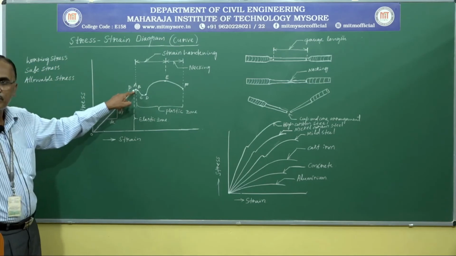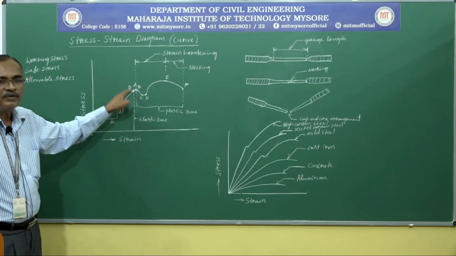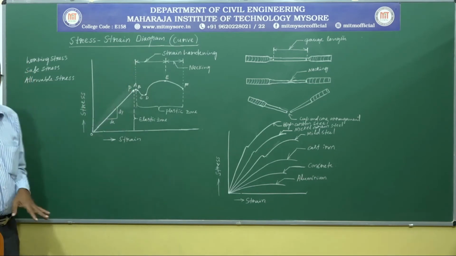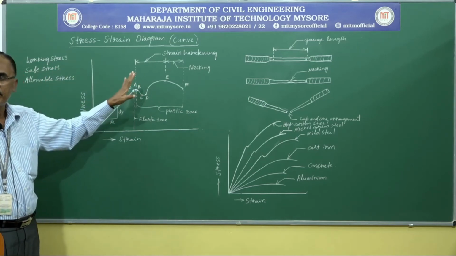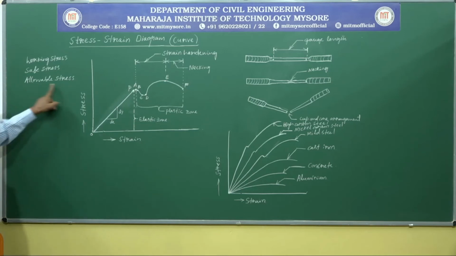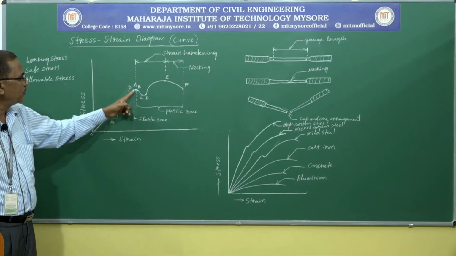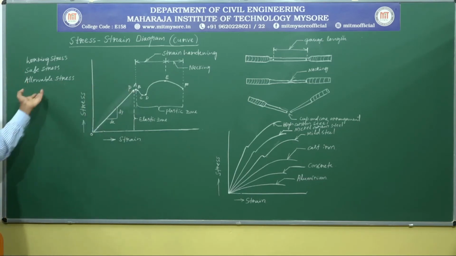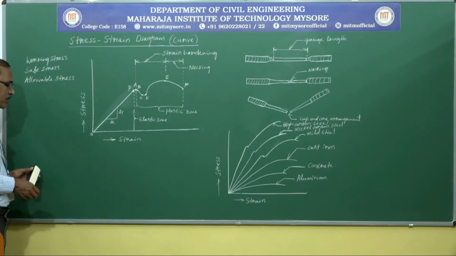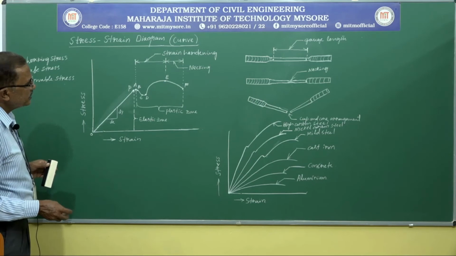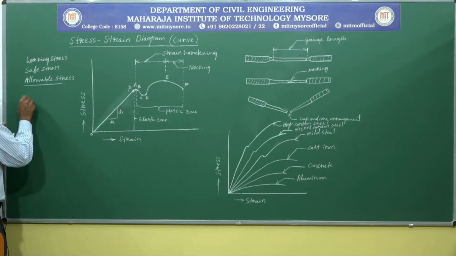We can work with this material at this level. Up to this level we can make use of this material for analysis and design purposes. It is a safe stress. If you use this material up to this level, it is safe for design considerations. Again, it is allowable, it is permitted to consider this material up to this level. Allowable stress can also be called permissible stress. Next, it is the yield stress.